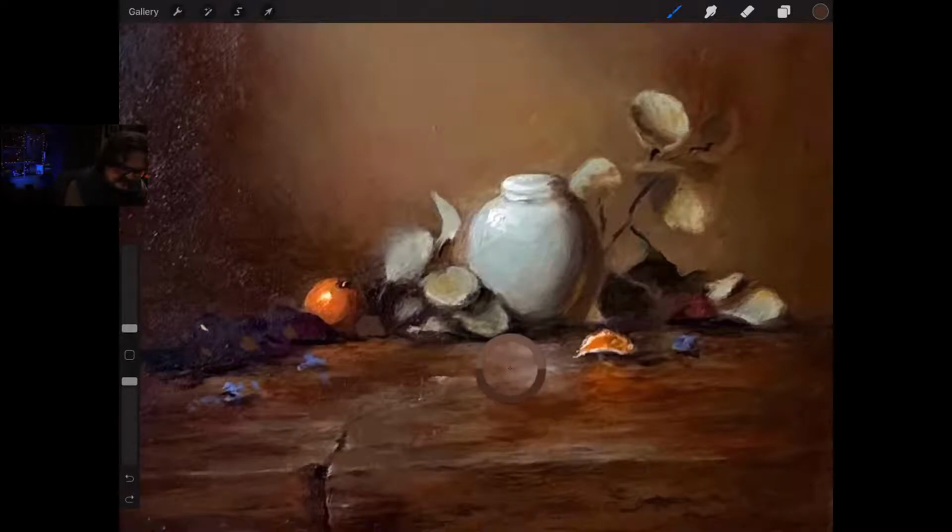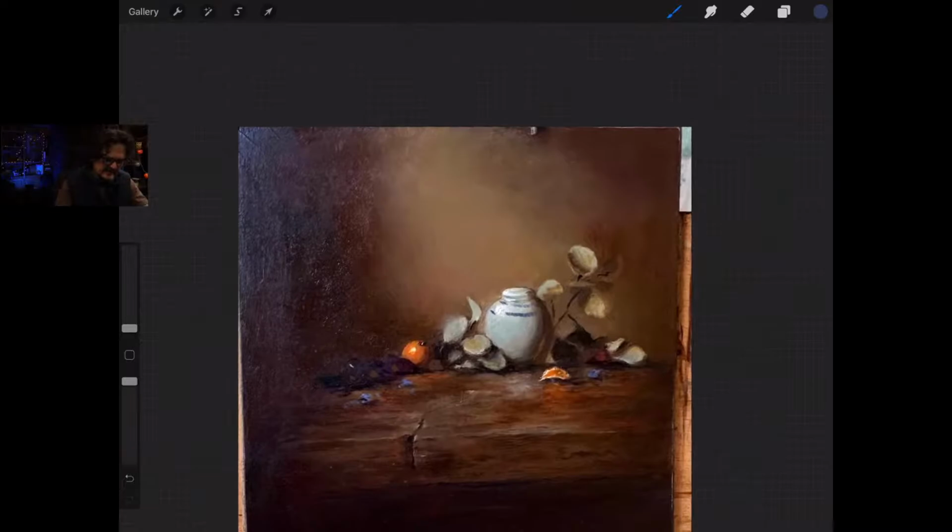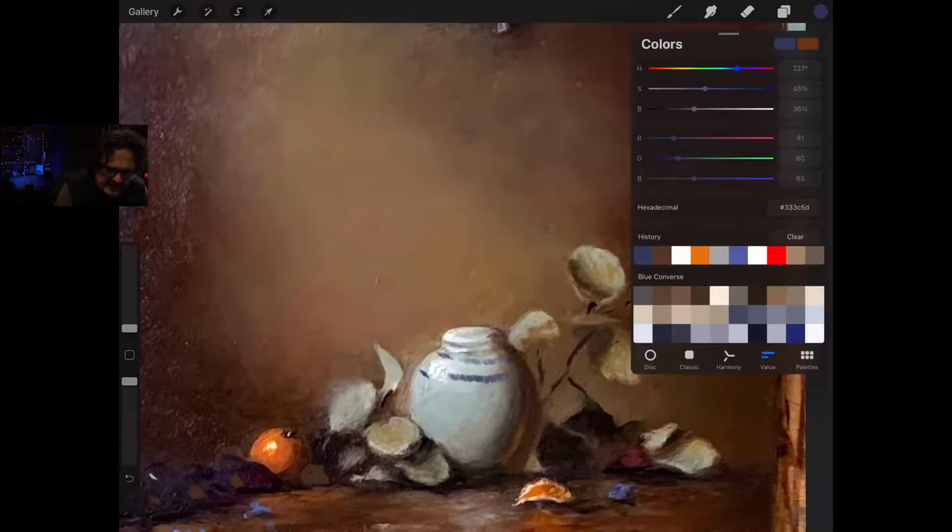And then the last thing I'll say is I think the appropriateness, but those little blue lines that run around that ginger jar, Claudia, we're getting close to a finish here. Getting close to a finish there. And then what else? So I think the last thing I'll say here, Claudia, is